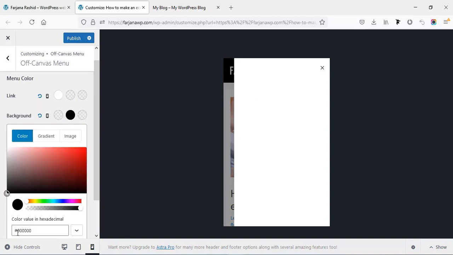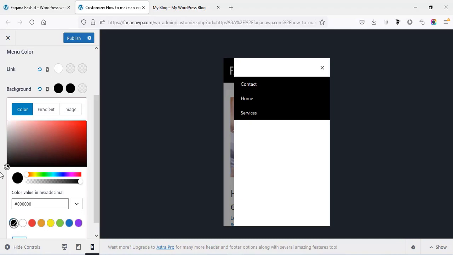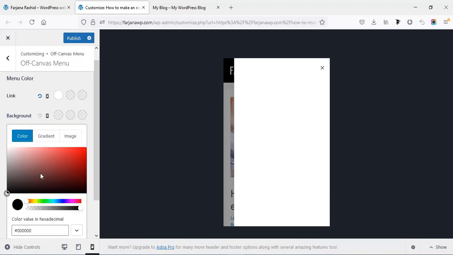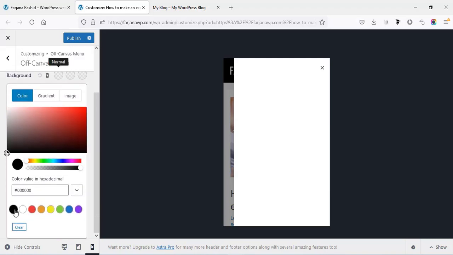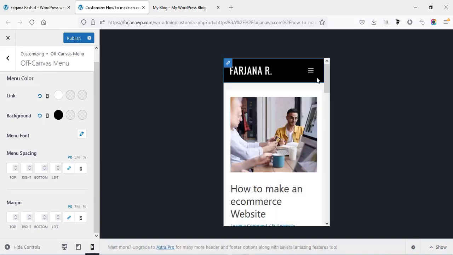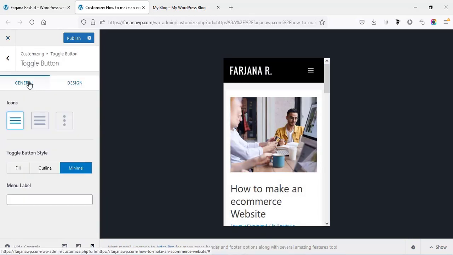Sorry, this one for background color. Okay, so now I'm going back, and now again if I go to the general tab,